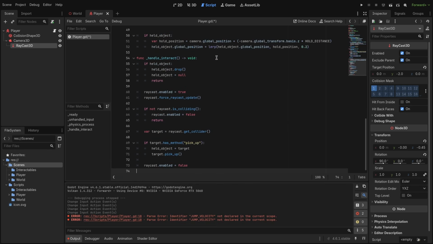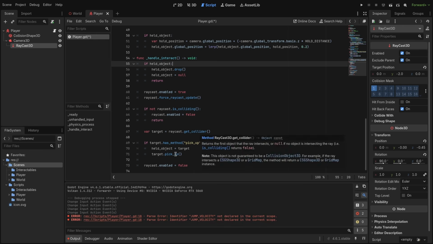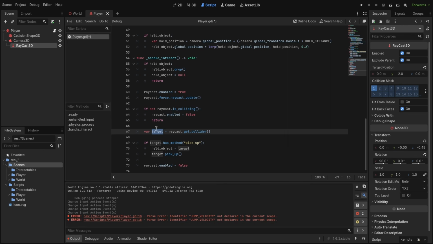And so here we're checking if we have a held object. We're going to just drop it since we're pressing E again. We're going to enable our raycast so we can check if there's anything in front of the player. So if it's not colliding with anything, it's just going to disable the raycast and return, aka finish the function. Otherwise, it will get whatever is colliding with it and is going to check this target, which is the collider,